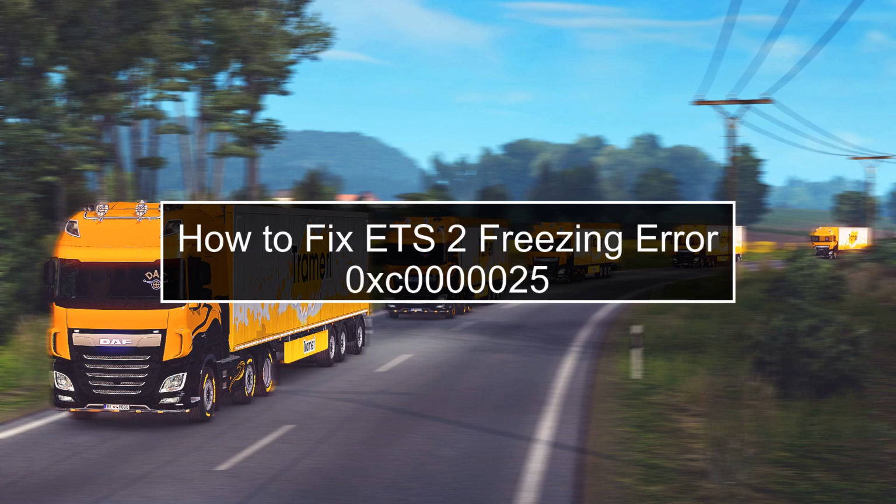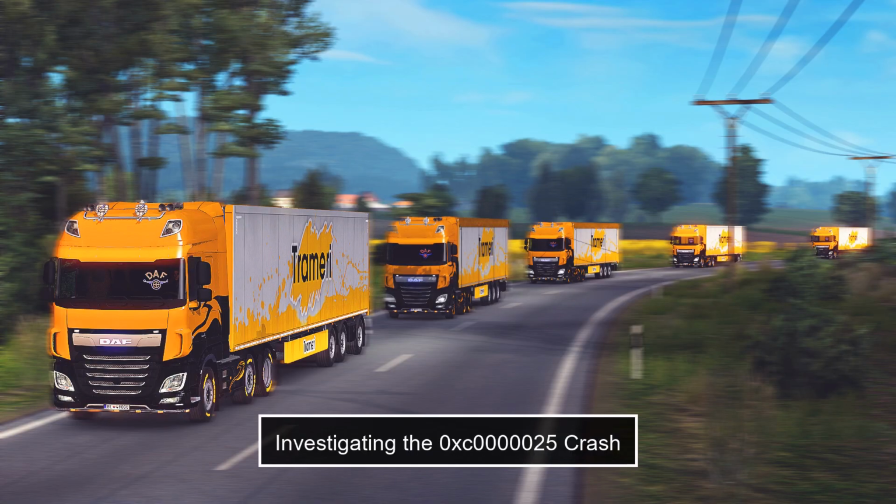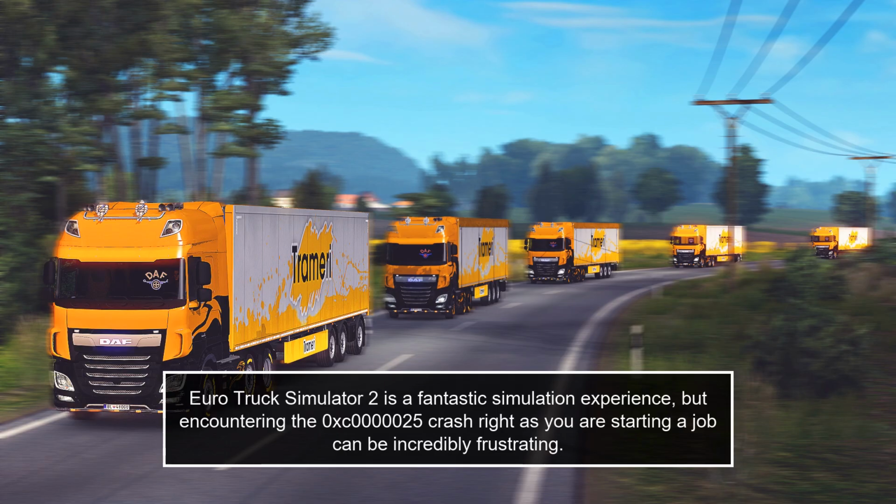How to fix ETS2 freezing error 0xc0000025. Welcome back to Teknobalta, investigating the 0xc0000025 crash. Euro Truck Simulator 2 is a fantastic simulation experience, but encountering the